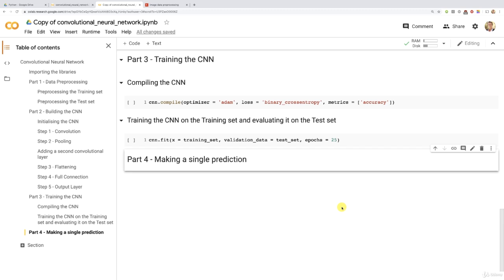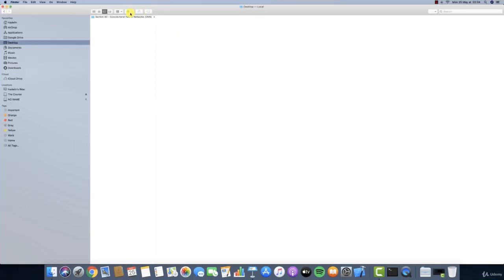Alright, my friends, we're almost at the end of this implementation. Congratulations again for implementing part 1, that was quite big and technical, and then of course part 2 and part 3 to build and train our new artificial neural network, the CNN. And now we're going to tackle together part 4 to make a single prediction, which I remind will consist of